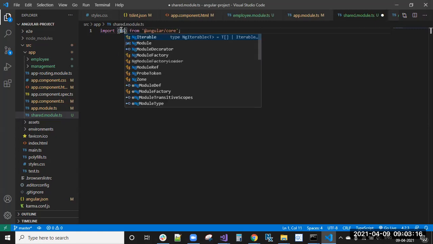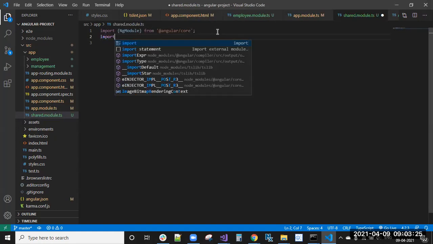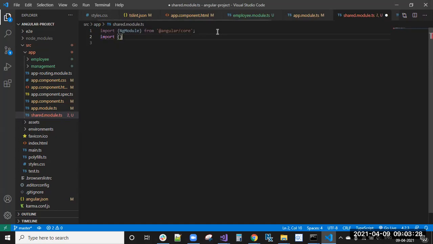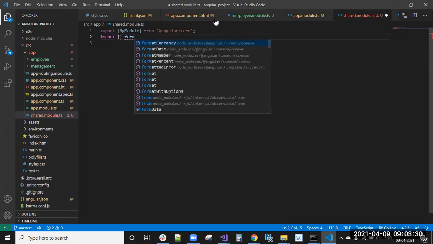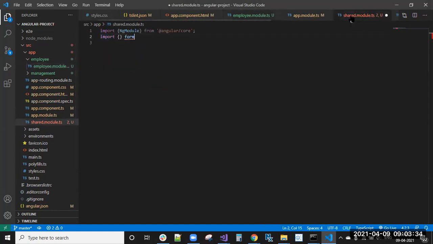NgModule. We have imported the NgModule. So these are feature modules, right? So we need to import the common module. We can copy it also. Common module you can import from the common package.